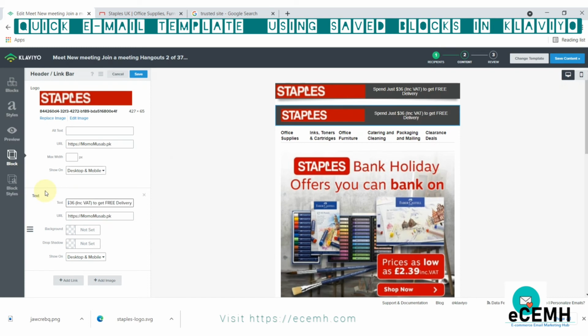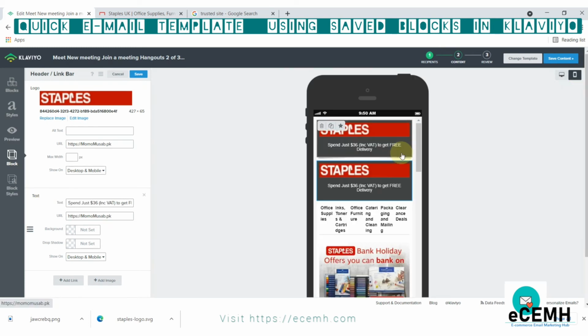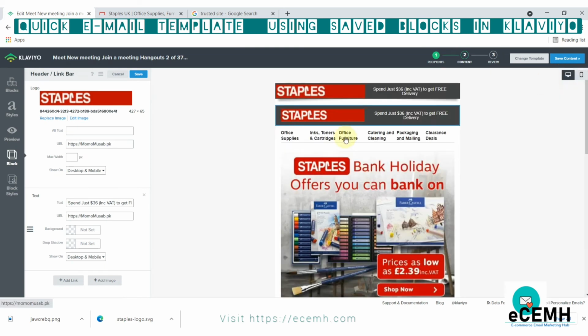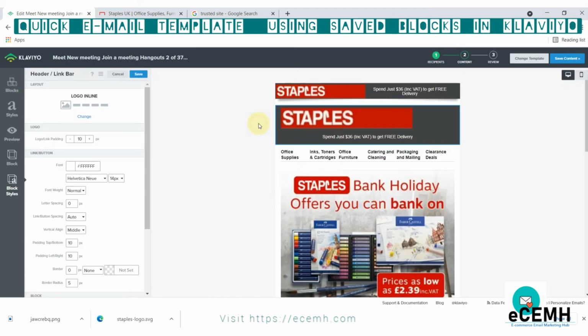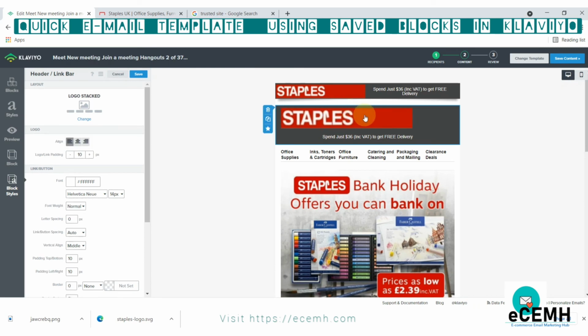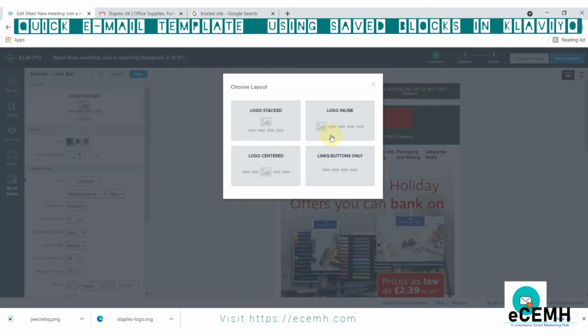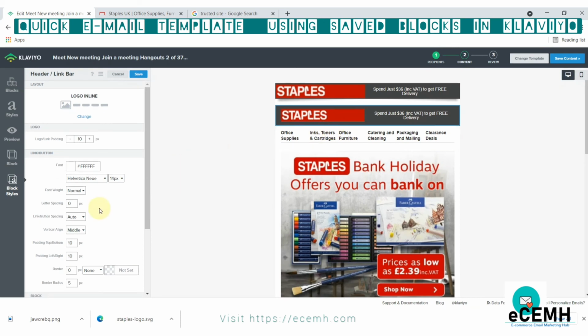Just paste. Okay. So just to see the mobile view, you can see there are some changes to be made. You just go to block styles, and from there you can change the logo style. If you want to make it logo stacked, that actually we don't need, so we will change it back to logo inline.